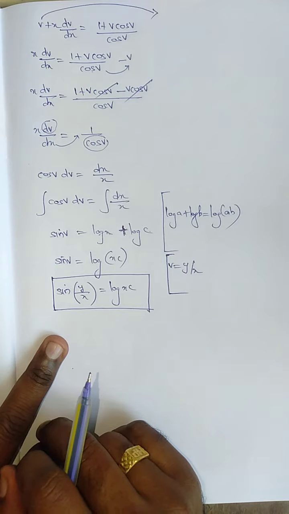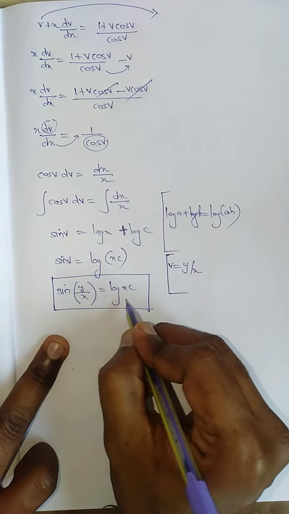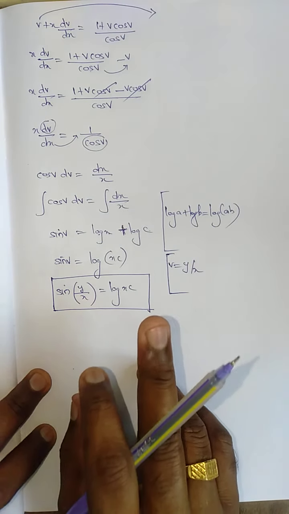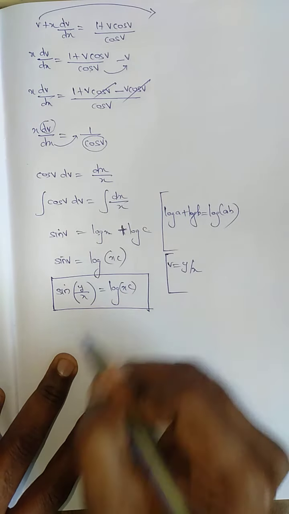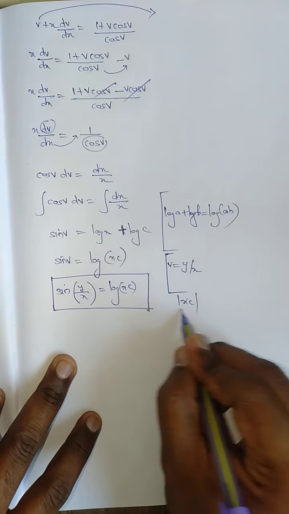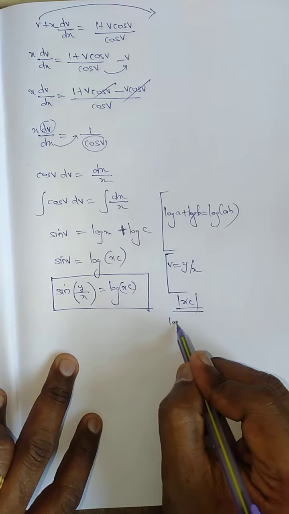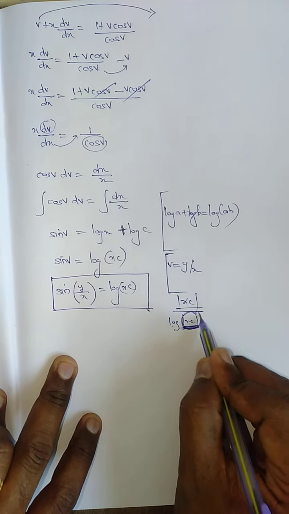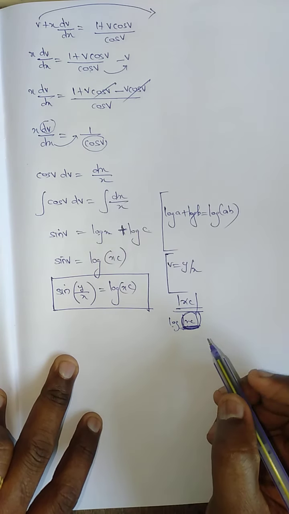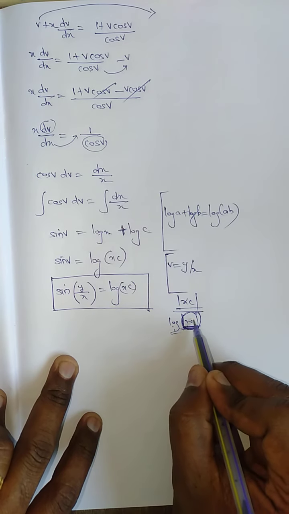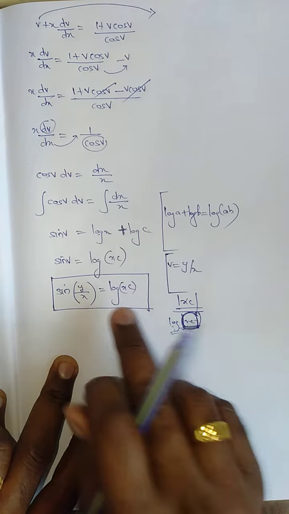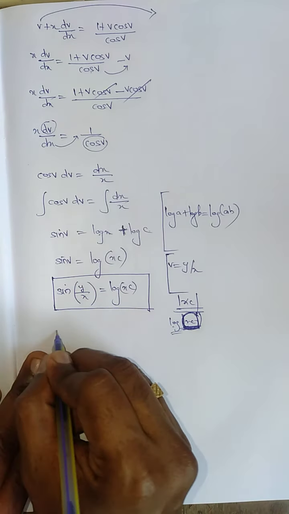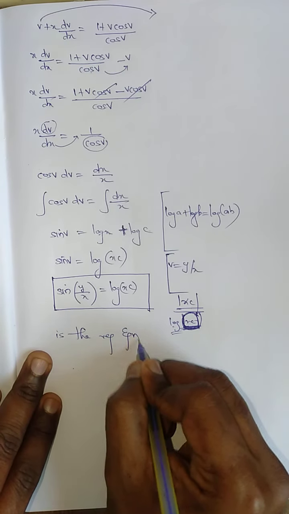Otherwise, if you want, you can proceed with this sum also by putting e. If I want to proceed, I can do it in another way, but we don't need to proceed, leave it as it is. The main thing is that in the back of the book, the answer is given with modulus of xc. Why do they give modulus of xc? Because it is log of modulus of xc, the absolute value. It should always be log of a positive value. Log of a negative value is impossible. So if any negative is present, I need to make it positive, so they used modulus. But we can stop the answer itself. Sin y by x is equal to log xc is the required equation, the required answer for this sum.